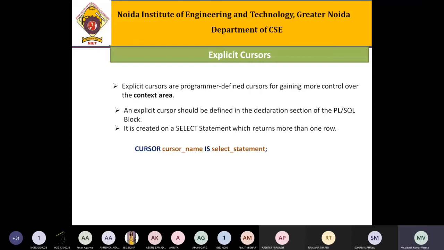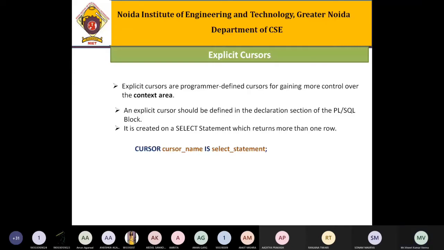And you can see these are the user or programmer defined cursors, and whenever you create a programmer defined cursor, it will provide you more control over the context area where the SQL returns your result. There may be one record, there may be more than one record.